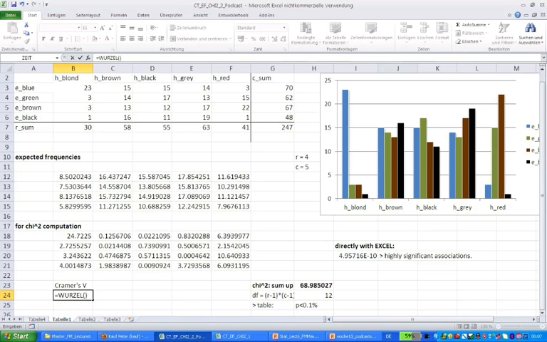So we make big brackets. Then we put the chi-square value, which we find in the field H23. And we divide this by, let's make another big brackets, the number of samples, which is in G7,